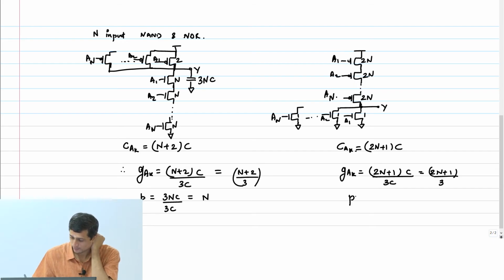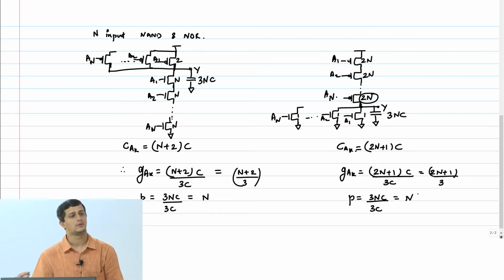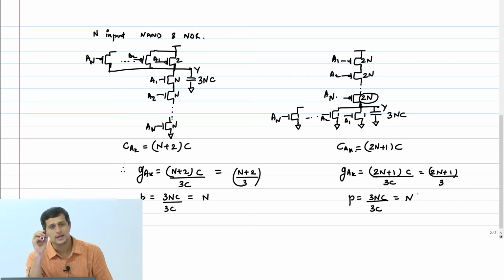What about the parasitic effort? You get 2N coming from the PMOS and NC coming from the NMOSes. So you get again 3NC. Right? So this is 3NC divided by 3C, equals back to N. So again, if you look at this, the logical effort as I increase the stack, be it NMOS or PMOS, is going to increase,